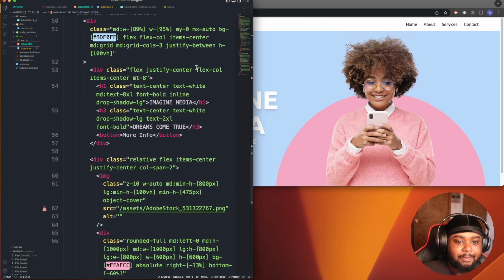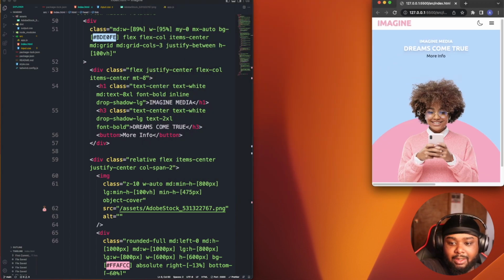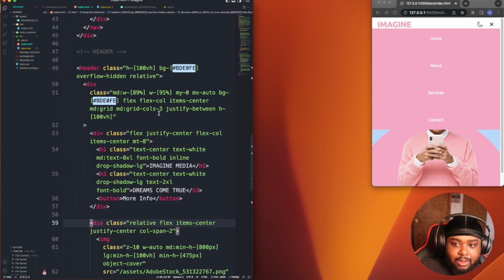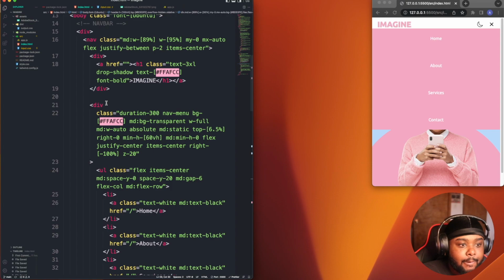All right, so let's see what we can do. Let's just start. I think I might just start with this and work my way up. Should always try to do mobile first. First things first, I want this to be 100 viewport, I mean 100 view height. So let's go to this, I believe,